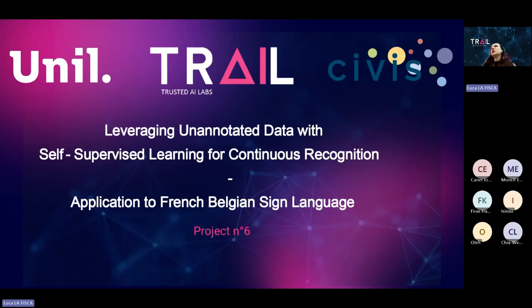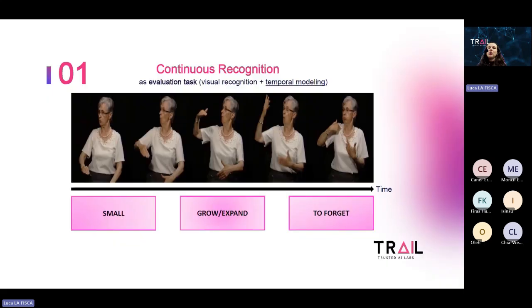You understand that the solution is self-supervised learning techniques, and you understand why we talk about French Belgian Sign Language. But we haven't talked about continuous recognition yet. The idea with continuous recognition is to process uninterrupted sentences, so videos,